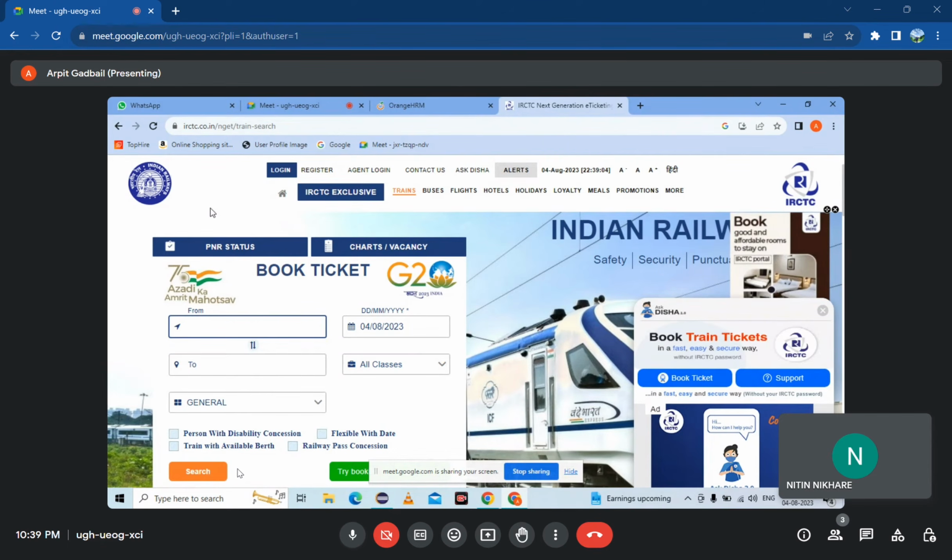value or not. After that, we will validate the date, whether the previous date is accepted or not, and whether the next date is clickable if we have to book the ticket for the next day. It should not accept a previous date, like we have to, it was not